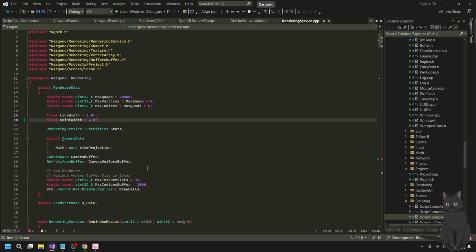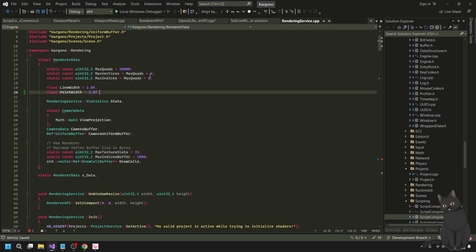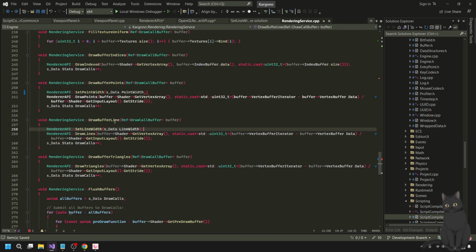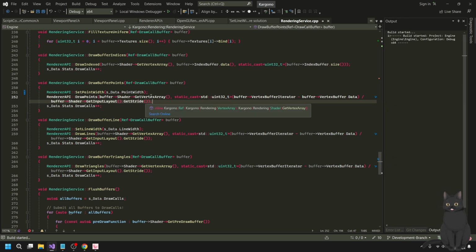This might throw some errors, I think, because editing data that's been here for a long time in the engine can cause really weird errors. So we will see. Yeah, let's make the point width a bit bigger. I don't know why it's still rendering as green though. That's weird. I thought I put red.